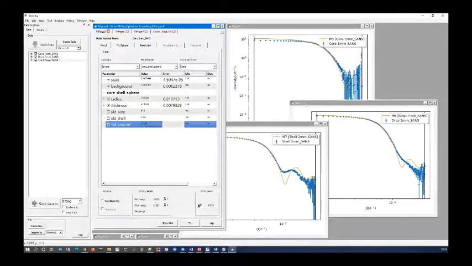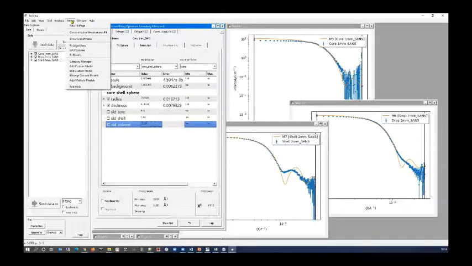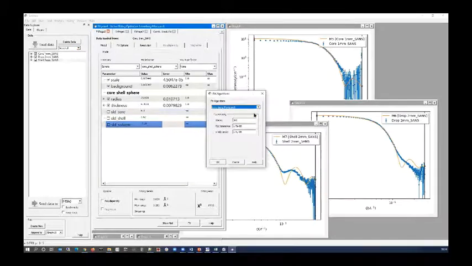Something else I will show you, though, with this data set is what happens if you play around with optimizers. So here under fit algorithms, this is where you can choose the optimizer that's in use. Okay, and as I said earlier, by default, SasView uses the Levenberg Marquardt. I said that was a fast optimizer, but not necessarily robust, whereas another optimizer called Dream was very robust. So I'm going to switch to Dream,